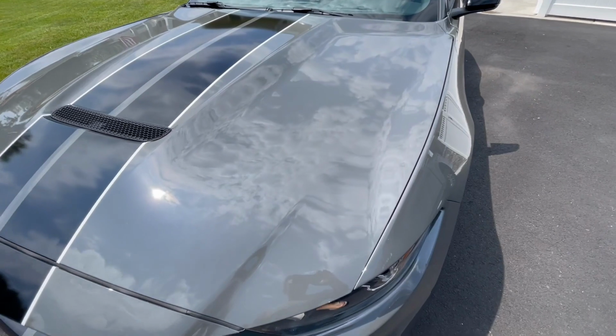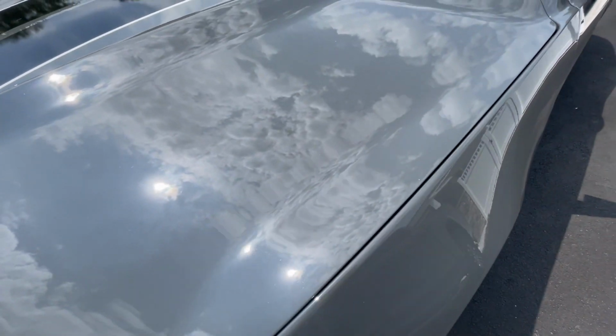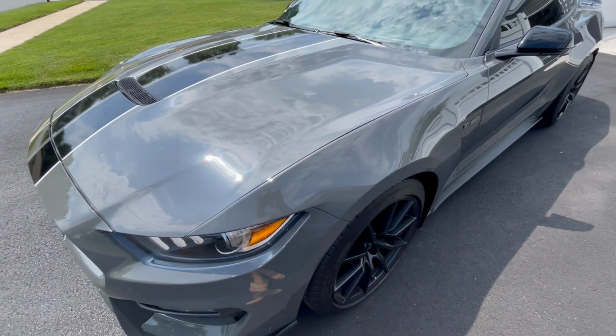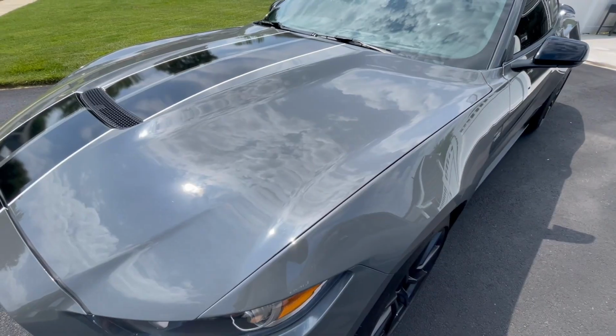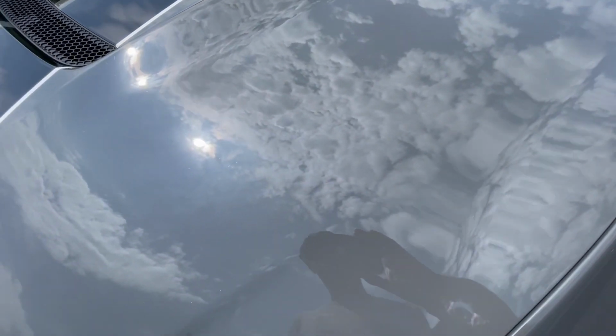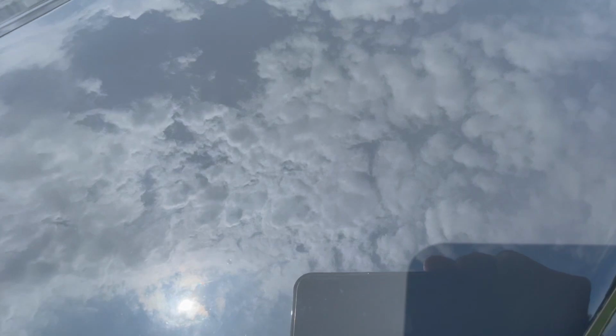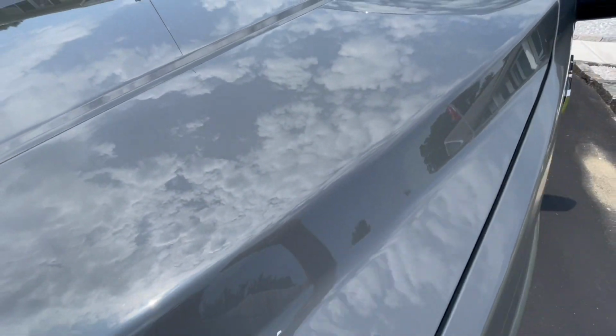And if you get a little closer, looking at how that Leadfoot Gray looks, it changes in the sunlight too. If you get in the shadows, it gets darker. You get into the sunlight, it gets a little lighter. And you can see the reflection in it. And as you come back out,